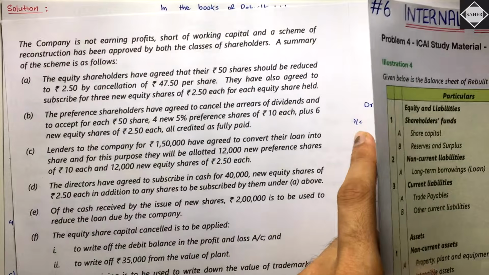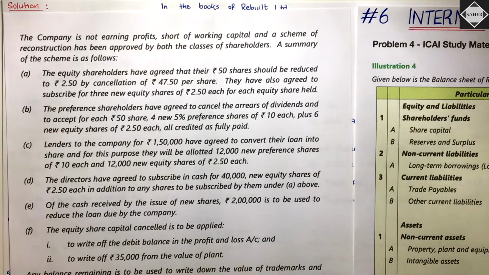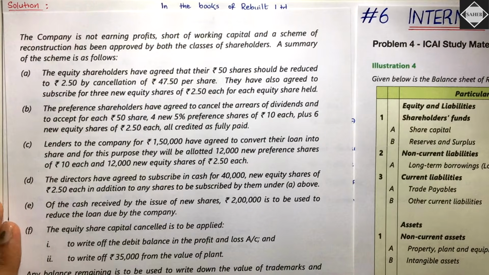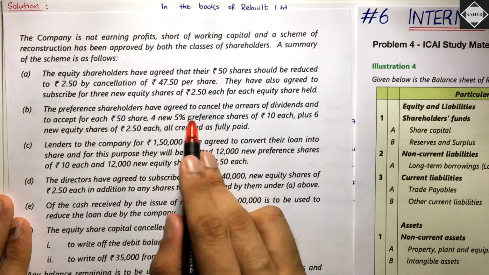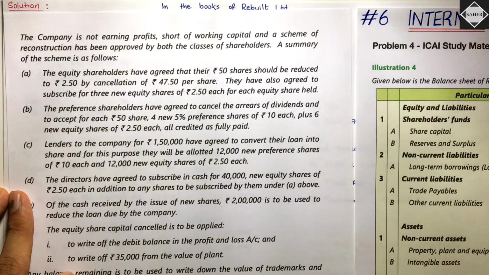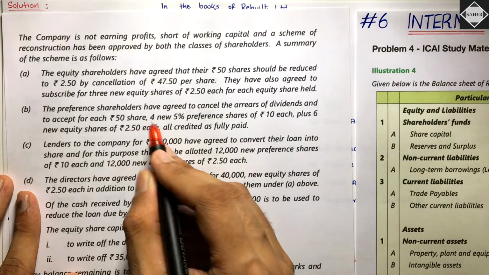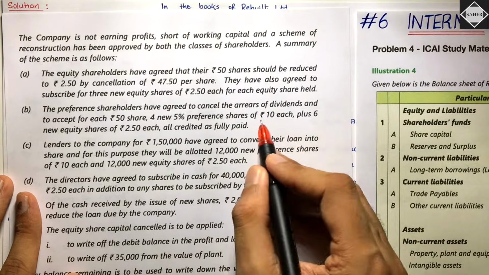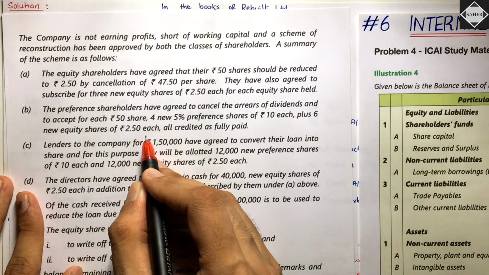Fine. So what do we have to do then? We have to completely ignore it. Just ignore that first sentence, and do not disclose it further in the balance sheet or in the notes to accounts, or in the extra disclosure. See here, the preference shareholders have agreed to cancel the arrears of dividend. Just ignore that. And to accept, now see, there is something else also, and to accept for each rupees 50 share, 4 new 5% preference shares of rupees 10 each, plus 6 new equity shares of rupees 2.5 each, all